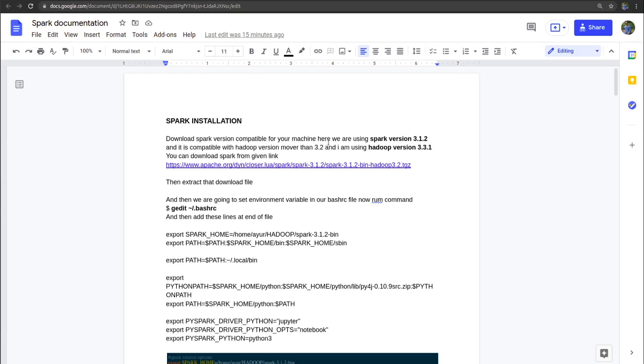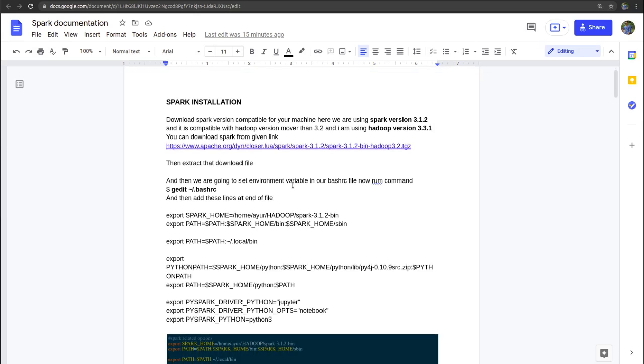So first we are going to download Spark according to our Hadoop and our machine. I am using Spark 3.1.2, which is compatible with Hadoop version 3.2 or higher, and my Hadoop version is 3.3.1. Then we are going to extract that file, and then we are going to go to our bashrc,